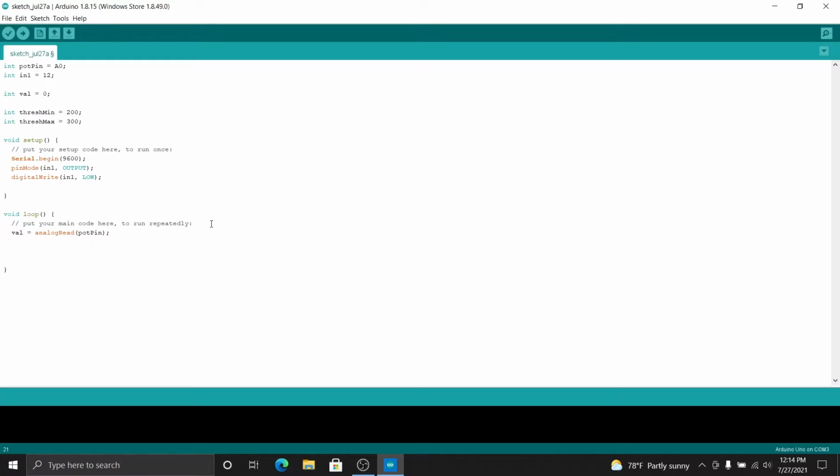And this is where our thresh min, thresh max come into play. So if the value is greater than or equal to thresh min, and then we're going to do two ampersand symbols, which just means and. So if this first value is true and the second value is true, which is value is less than or equal to thresh max, then we're going to go ahead and digital write,